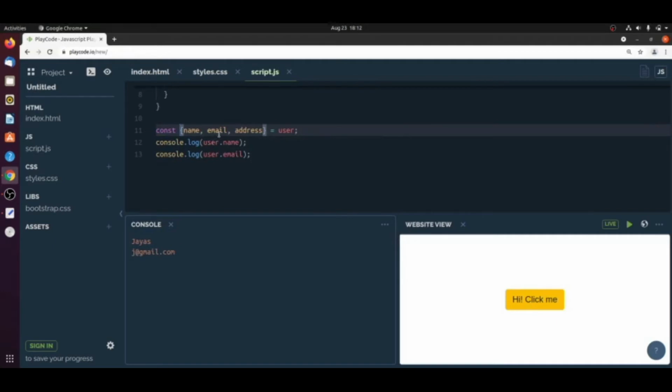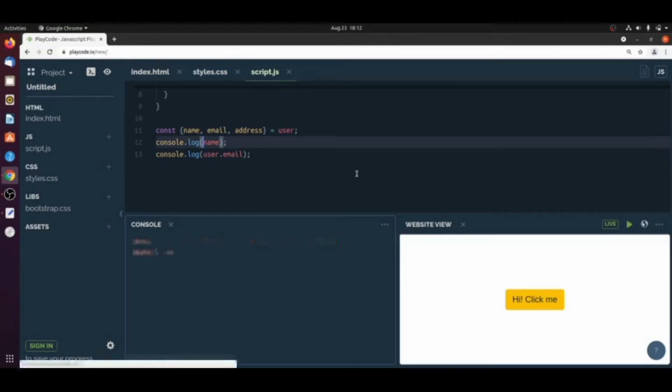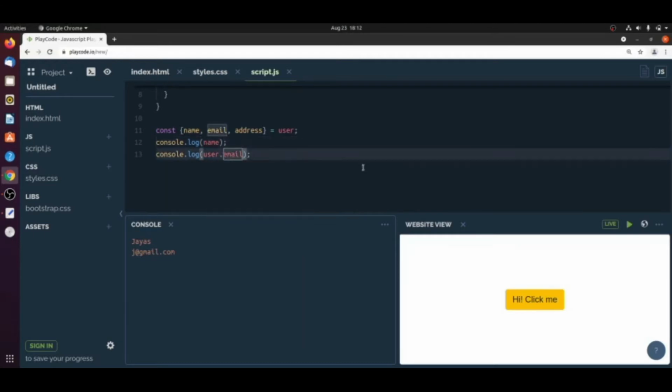Okay, name, email and address. If we print simply name, it will give you the name value. If we print simply email, it will give you the email value. So this is called object destructuring, where we are unpacking our object.